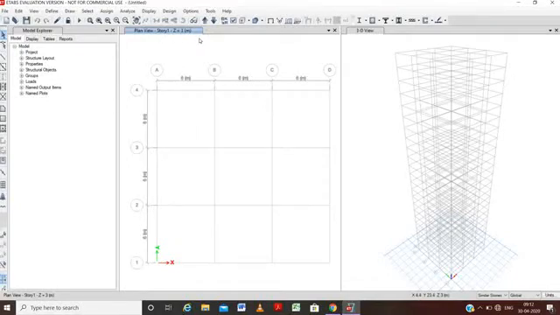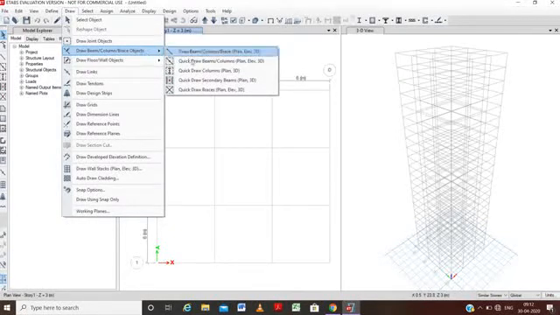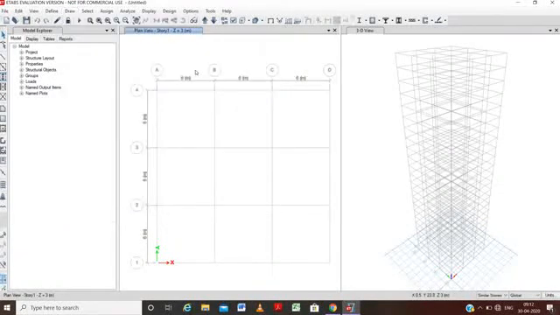For story 1, we will use the options. First of all, the column option. So we will go to draw beam and column objects, and quick draw columns.